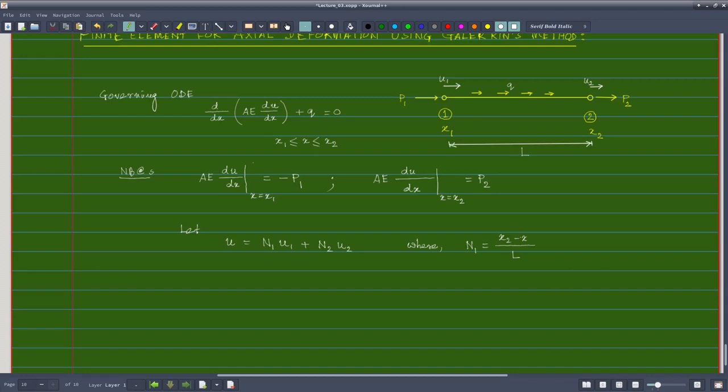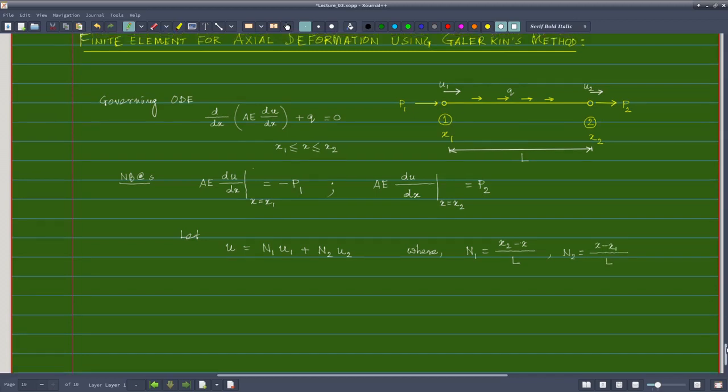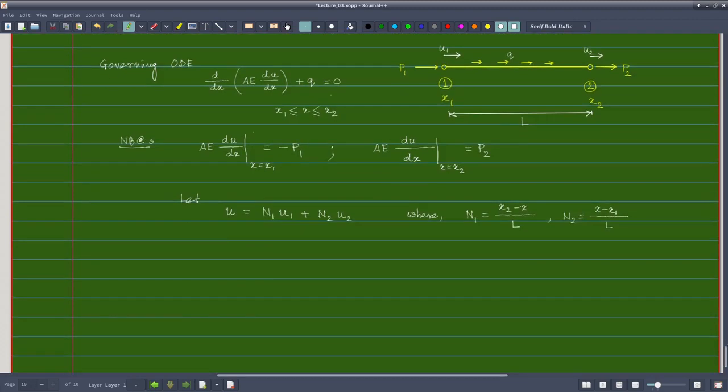This is my L. Okay, and my n2 is x minus x1 by L, right? X minus x1 by L. These values of shape functions we have already got. Okay, now what we do, we write down the